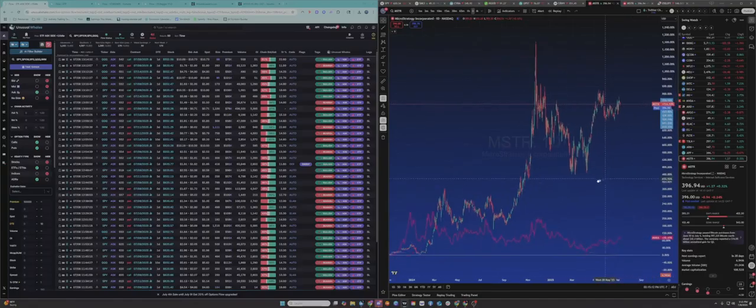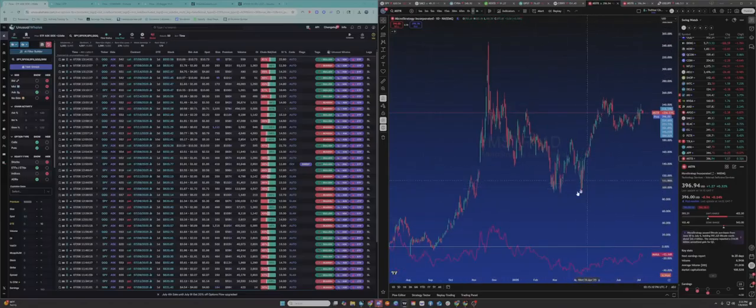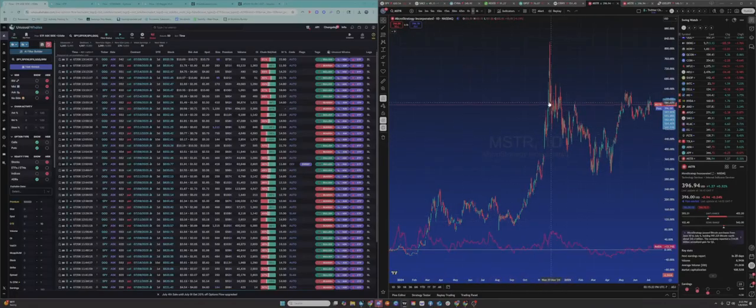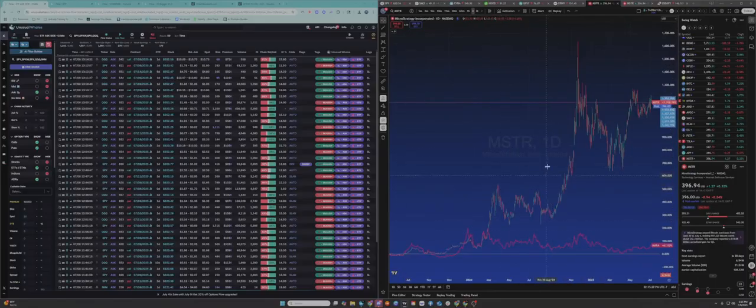We'll go same percent scale. So here we have, obviously, an asymmetrical move with miners versus MSTR, which has held the Bitcoin and has much higher leverage factor than these miners. And you can see where they started to deviate here. And that was back in February of 2024, so a little over a year ago. We saw MSTR get leaps and bounds ahead of Mara, and we can overlay some other miners, same thing.